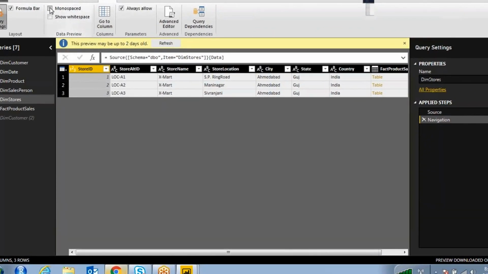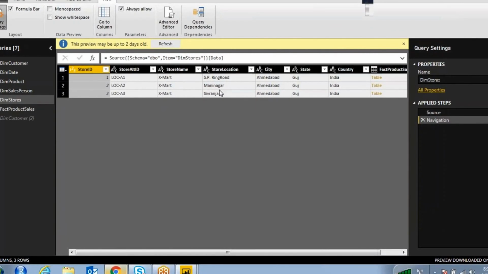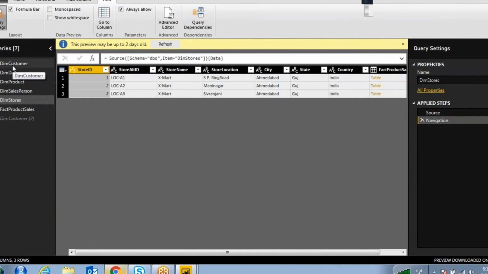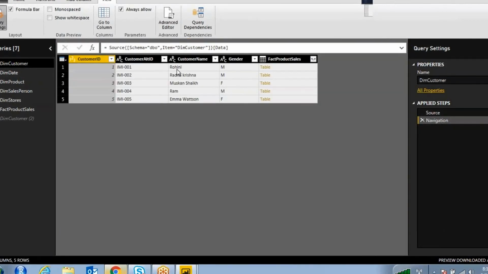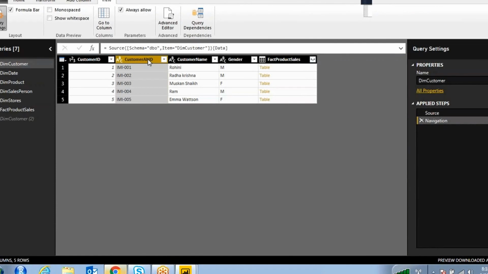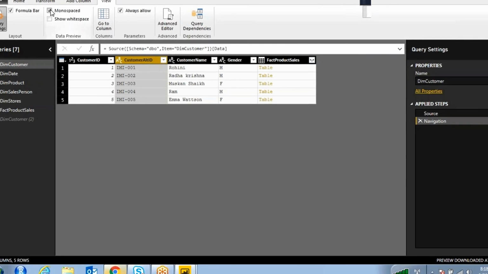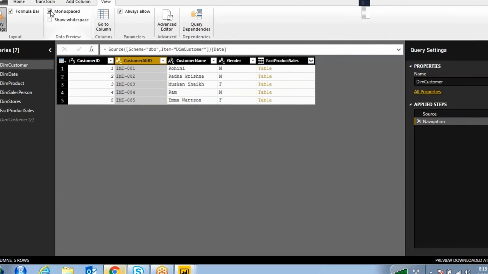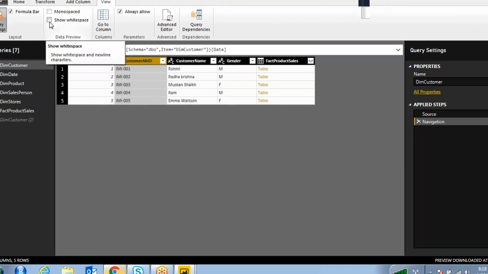Now, this monospace option: what will it do? For example, coming to this dim customer, select this customer alternate ID and apply monospace. See, it is taking some space and giving the string a different format. When I am selecting, I don't want that one.